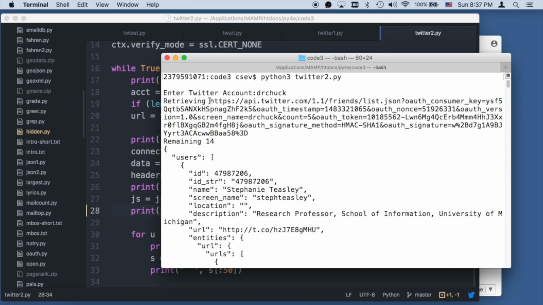Okay, let's go to the top. So it hit this API, and it has the screen name Dr. Chuck, count equals 5, and all this OAuth stuff. Again, this is not a security breach by showing you all of this, because the signature and the secrets aren't there. Okay, so if we look at it, it's an outer object or dictionary, and then the outer has a user